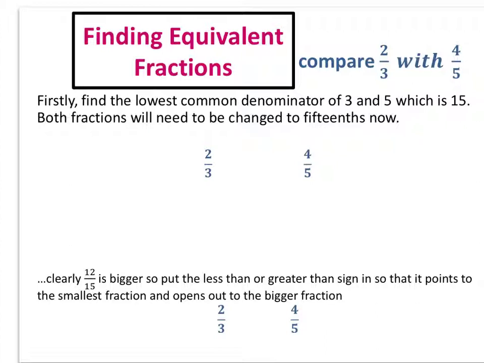So if we're looking at our two denominators at the moment, we have 3 and we have 5. What we need to do to figure out what our common denominator will be is to find the lowest common multiple of 3 and 5, which is 15. So now we want to be changing both of our fractions to have that denominator. So to change the denominator of 3 to 15, we're going to multiply by 5. We need to do the same to the numerator to create our equivalent fraction. So now we have